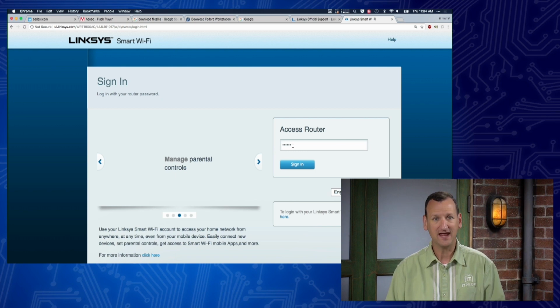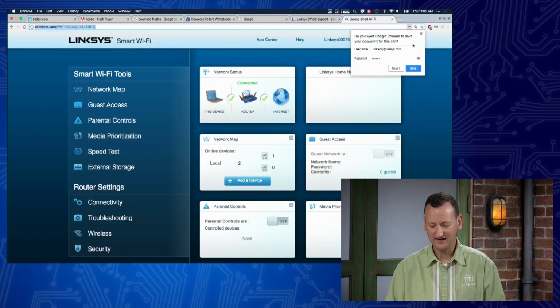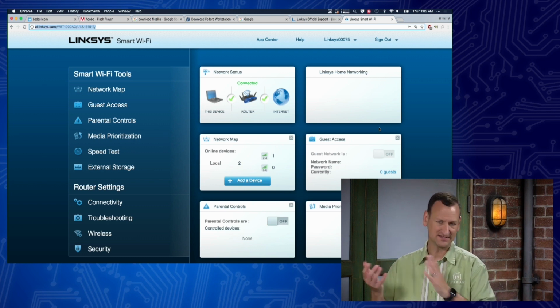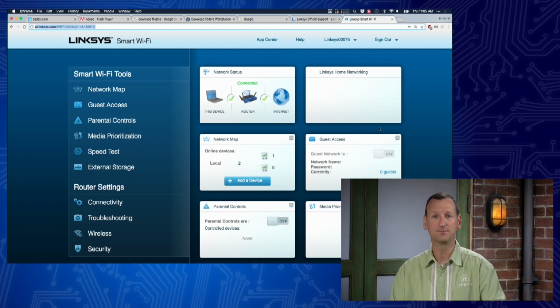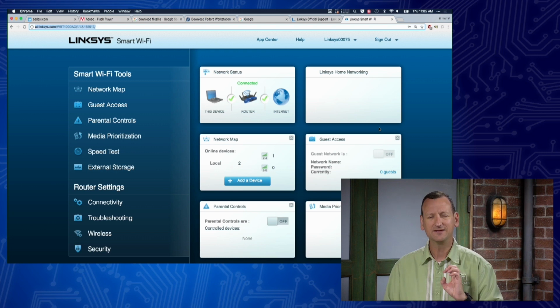So I can type in admin and sign in. And when I do that, now I'm in and I'm able to start taking advantage of that router. I can do things like redirect traffic or spoof IP addresses or DNS to be able to compromise people's data. I can take over this network. At a minimum, I can shut the network down, right, and cause a denial of service. So I can do whatever I want because I knew the password, because the password was freely available out there